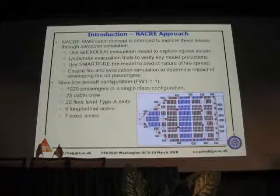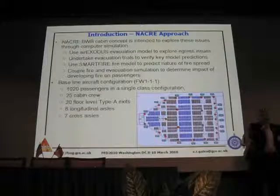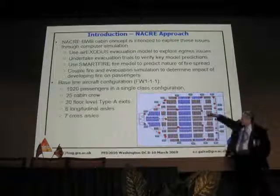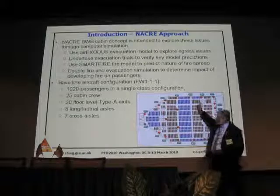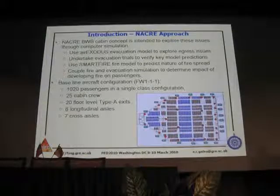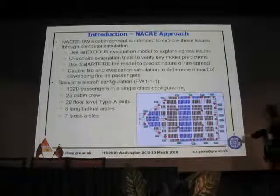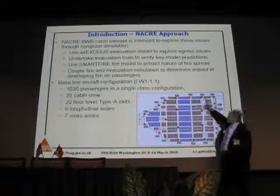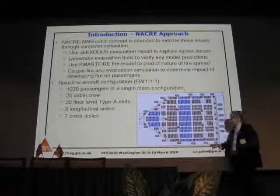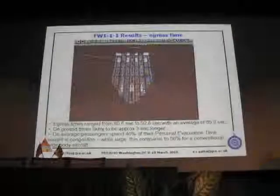We have 8 longitudinal aisles, so unlike on the 747 where you've got 2 aisles, we have 8 aisles here, and we have a number of very long cross aisles as well. So that's the basic layout. Where each of these blue tabs are, this is an exit on the aircraft. So you have exits all around the periphery of the aircraft. Okay, so we did a number